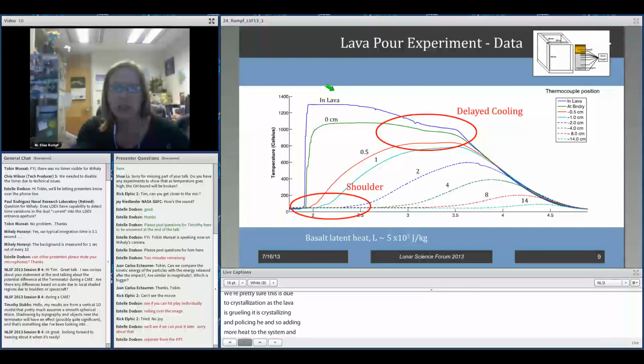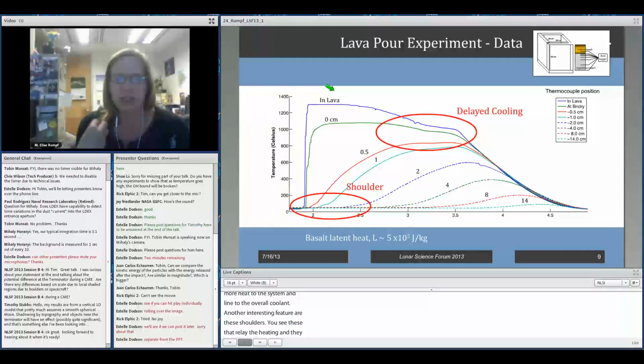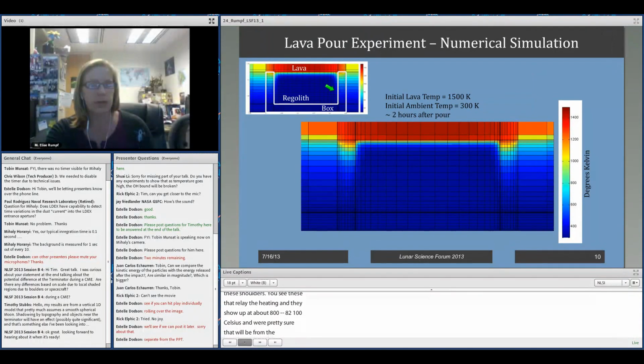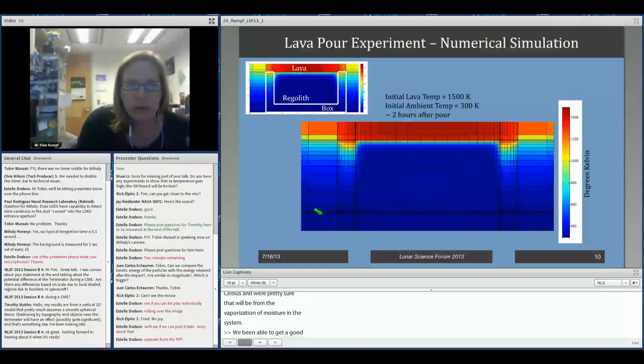Another interesting little feature are these shoulders. We see these shoulders that delay the heating. They show up at about 80 to 100 Celsius, and we're pretty sure that's just from the vaporization of any moisture that's in the system. So we've been able to get a pretty good numerical solution from our...